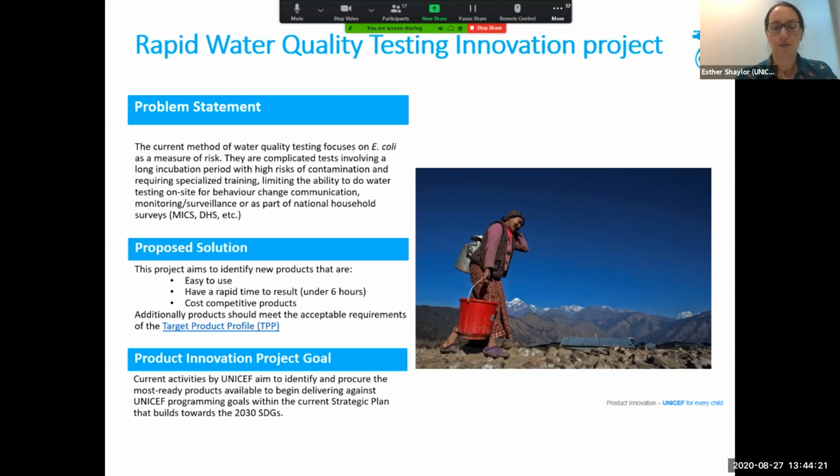So what's the goal of the project? Well, the goal is to be able to identify and procure the most ready products that can address some of these challenges, and we can use for UNICEF goals, but also that we can support other actors to use. And if we go on to the next slide,